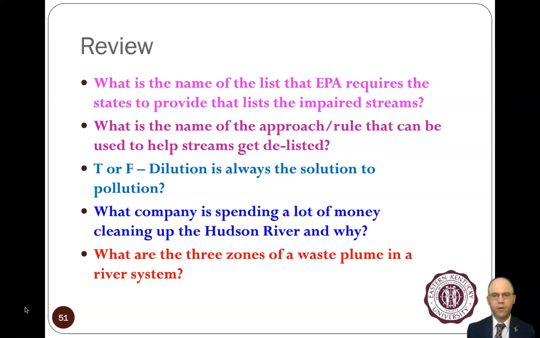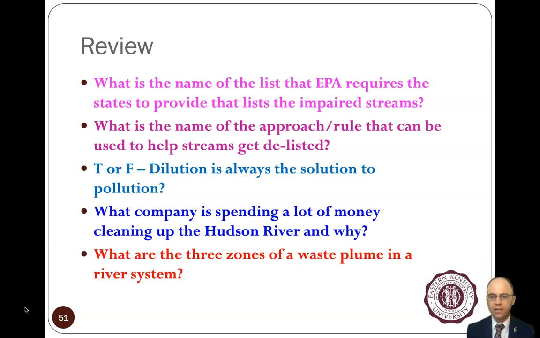And the process or approach or the rule that is used to get streams off the list. So if a stream's been deemed impaired, then it's ripe to have a TMDL study. Now, there's no money given by the federal government, or a limited amount of money by the federal government to help deal with this. But if a community or a watershed coordinator or team wants to help figure out how to get the impaired stream off the list, they can engage in a TMDL study, a total maximum daily load